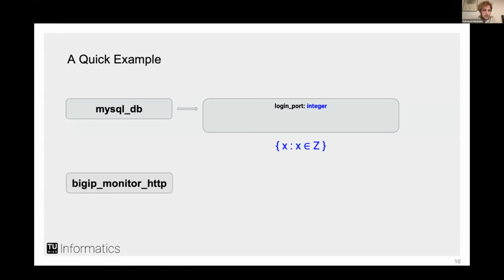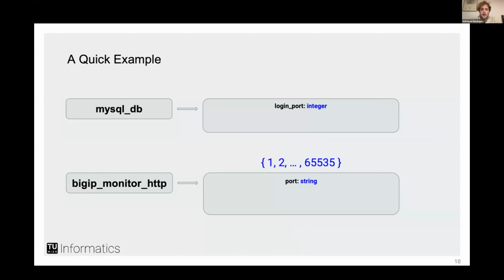Let's look at another example from the BigIP monitor HTTP module. Here we have an almost similarly named parameter named port. And this time the documentation tells us that it's a string. Unfortunately, this tells us absolutely nothing about what is supposed to go there. And also, if we think back about the logImport, when we're thinking about ports, we don't really want every possible integer as an allowed value, but more like all possible integers between 1 and 65,000, which is the valid range